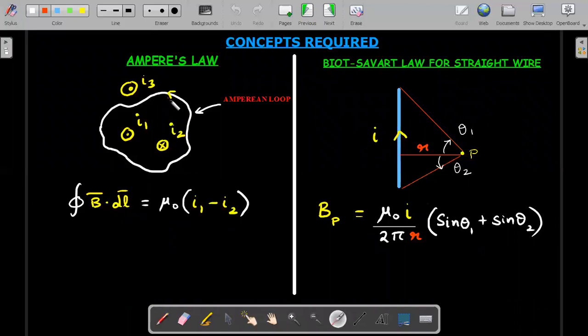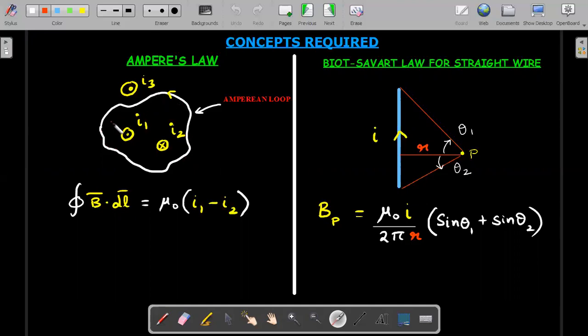Ampere's law for static magnetic fields is about currents, you can see I1, I2 and I3. I've taken an example situation. If I1, I2 and I3 are piercing the plane of the figure, I1 is going out, I3 is going out, whereas I2 is going into the plane. Then I take an imaginary loop, a planar loop, which need not be planar, but I have taken a planar one here, called an Amperian loop.